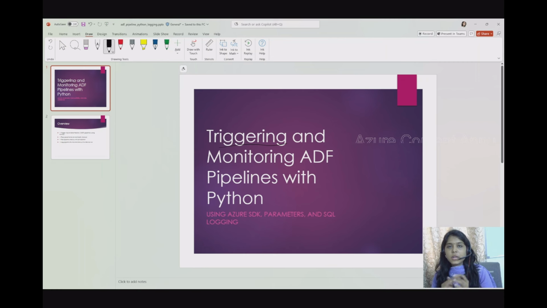In VS Code, we will write a Python script. That Python script will be responsible to trigger the ADF pipeline with all the parameters that is required in the pipeline, and we will also fetch the pipeline run details using that Python code. And once we retrieve the pipeline status, we will update the pipeline run ID and pipeline status and insert it into a SQL table. So this is our whole architecture of workflow that we are going to achieve in this